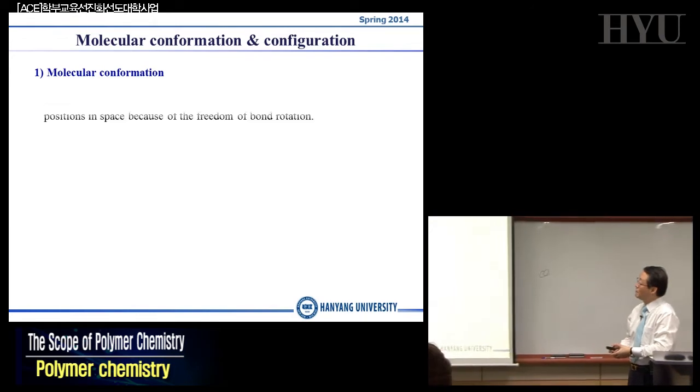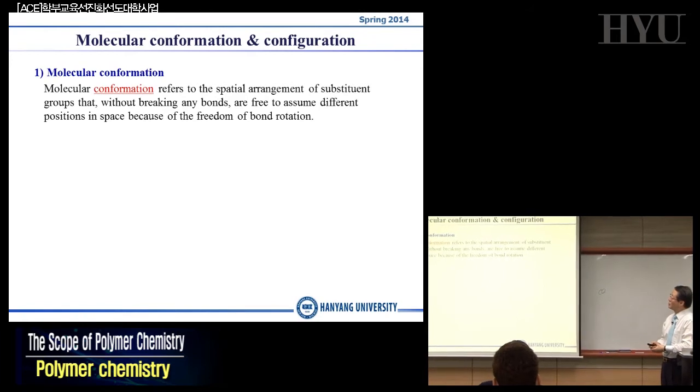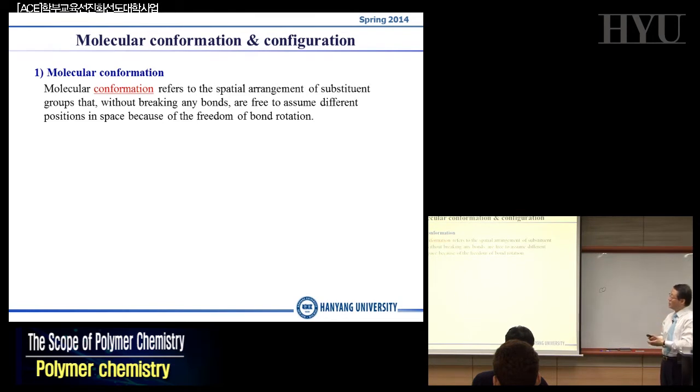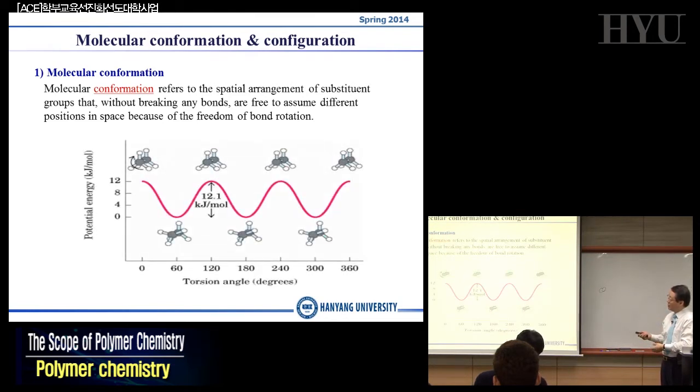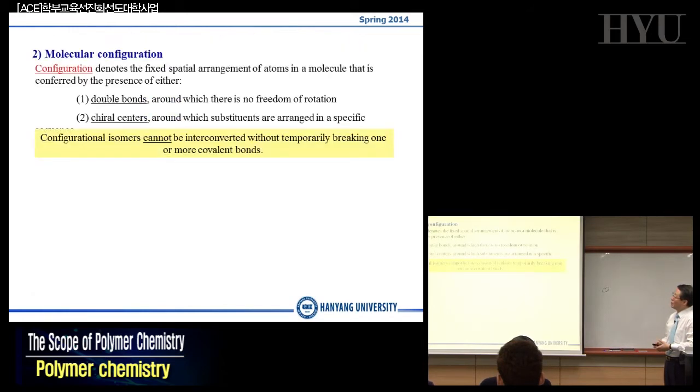So conformation is something related to the spatial rearrangements of your substituent groups, so that it could be exchangeable. Depending upon your structural conformation, which is in the gauche or the anti-structure, you have a difference in the potential energy between these two conformations, but it could be exchangeable. Whereas configuration is a little different from the conformation, where you usually should have